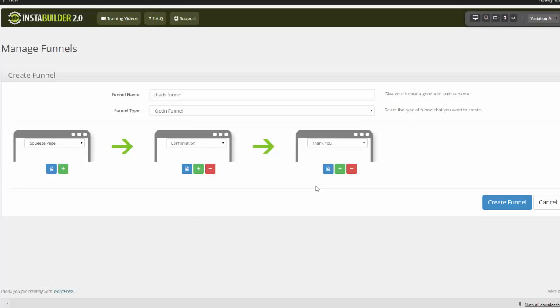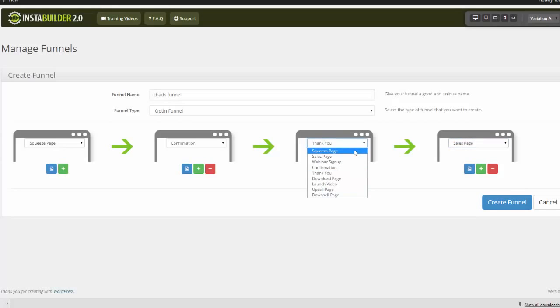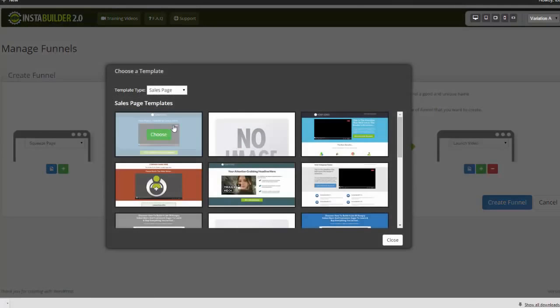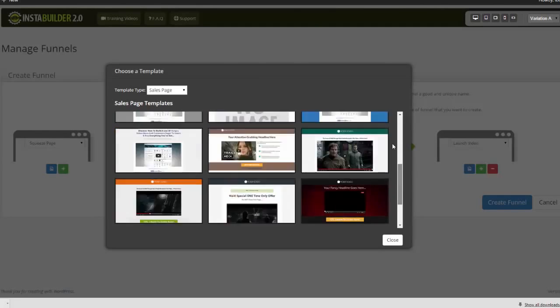Now, if I want to add another page, I can come over here and click add. And then I can simply come over here and change out whatever it is I'm trying to do, right? We have a squeeze page, confirmation, maybe this here is going to be an upsell page. And then maybe over here we have, I don't know, some launch video or something, right? That doesn't make sense, but you guys get the idea. And this is how fast you can go and create sales funnels with the OTO, right? So we can come over here, click on the element, choose our upsell page,